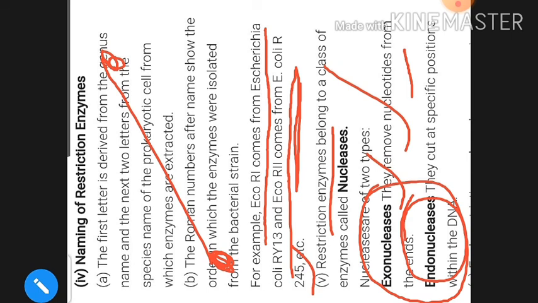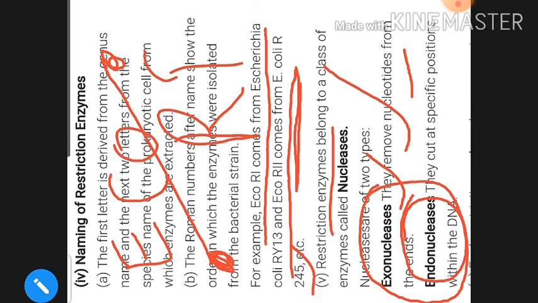Especially endonuclease is the type of EcoRI. Clear? So EcoRI, that is the category of the endonuclease enzyme, and they will make a cut at a specific position in DNA. Okay, so you must have to remember this is all about the nomenclature and also the function of restriction enzymes. So you must have to remember also each and every enzyme and how can they be separated from the bacteria, and how can they be provided the name on the basis of bacterial strain.